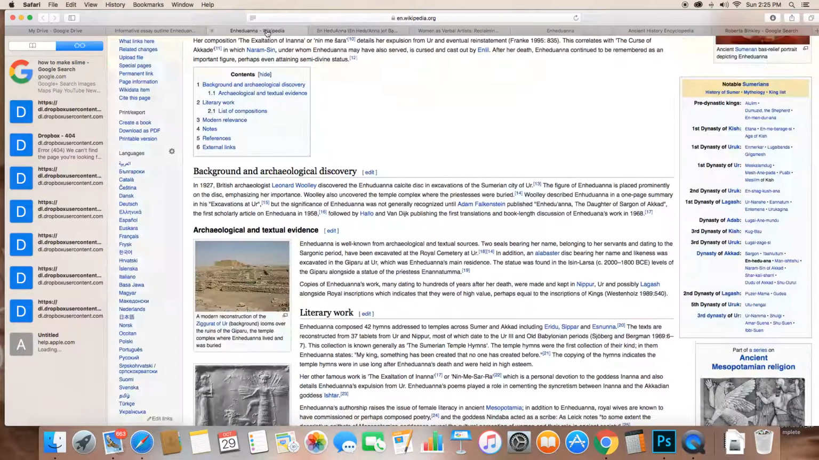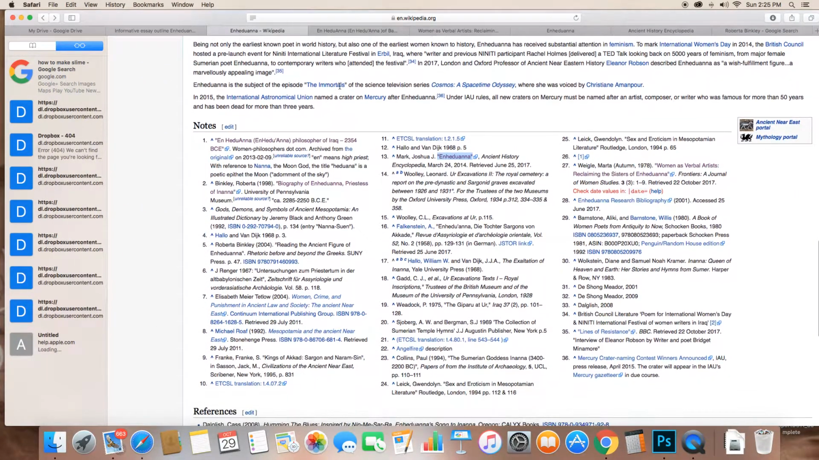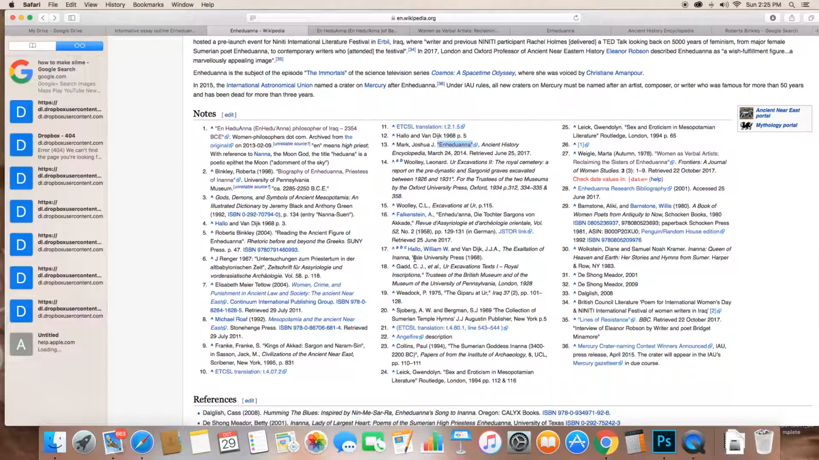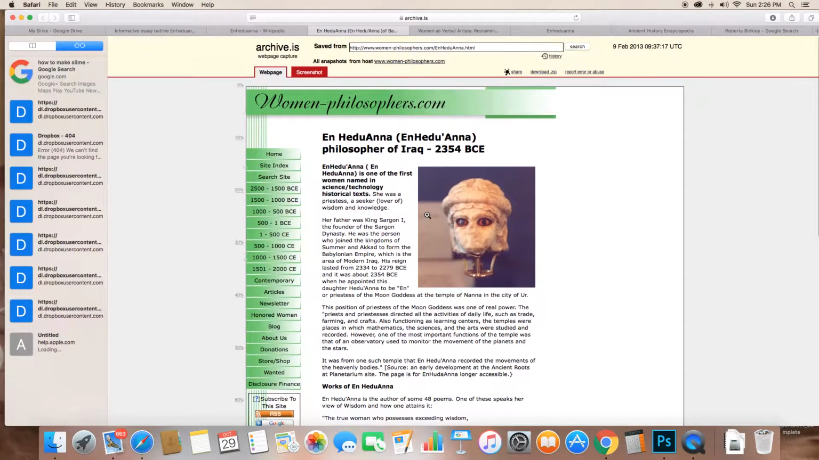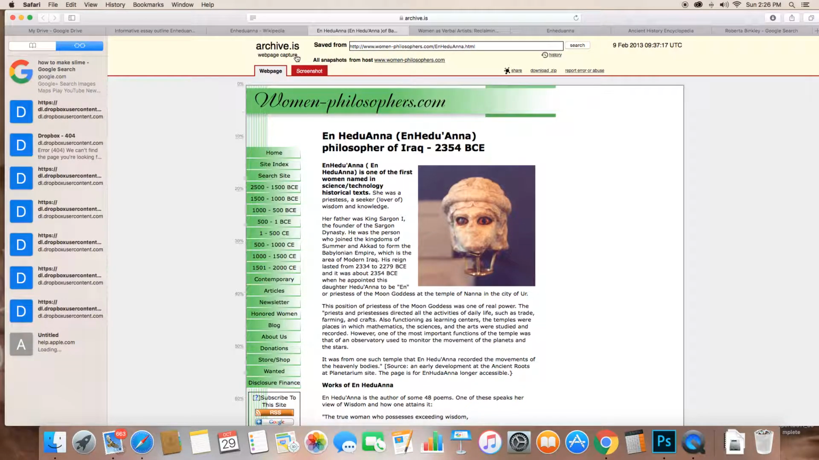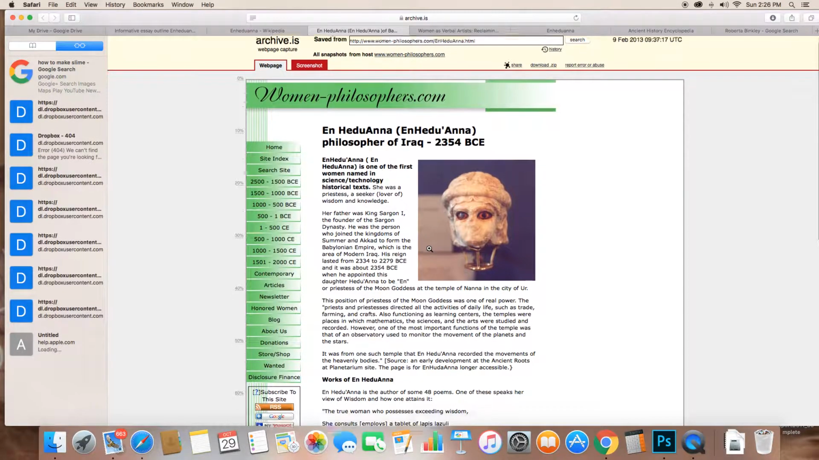Okay, so now I need to look at my Wikipedia page in order to find out what sources I can follow up. When I look at my list of sources at the end of my Wikipedia page, I want it to help me understand how I can be led to more reliable sources. So when I look under notes, I see here's one, and when I click on it, this is what I get. On this page, I've got archive.is, I've got womenphilosophers.com, and then I have this article, and I